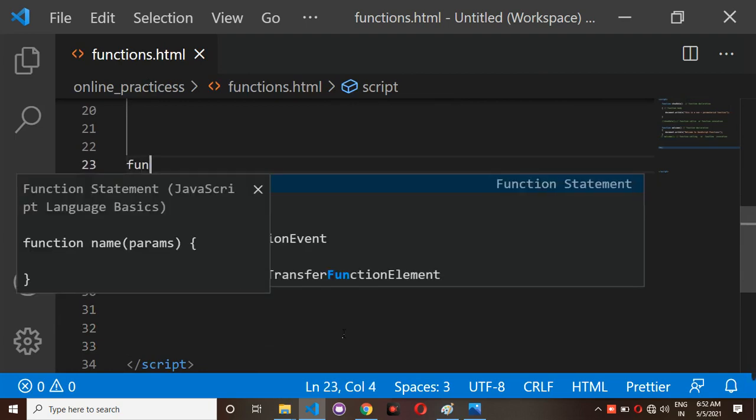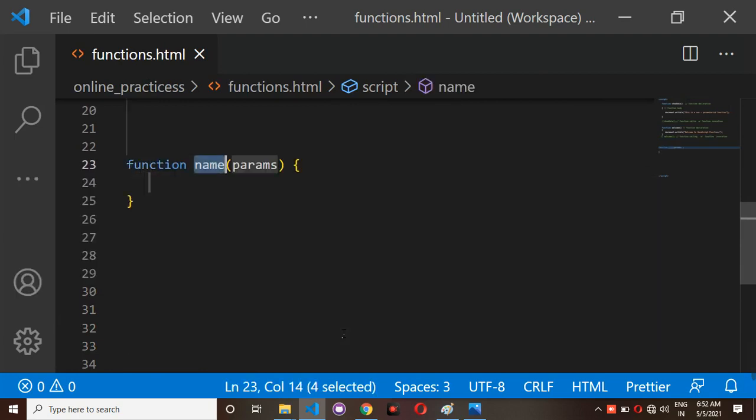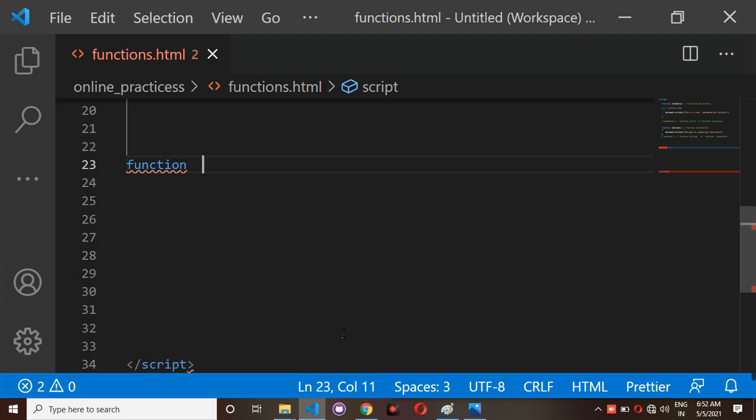Non-parameterized function means I can have a function keyword. After the function keyword, I can have show as the function name, and inside this function if you observe, I have an empty parenthesis.